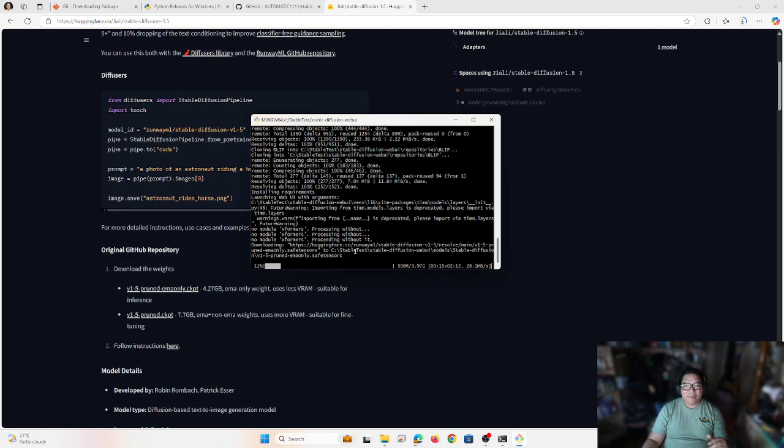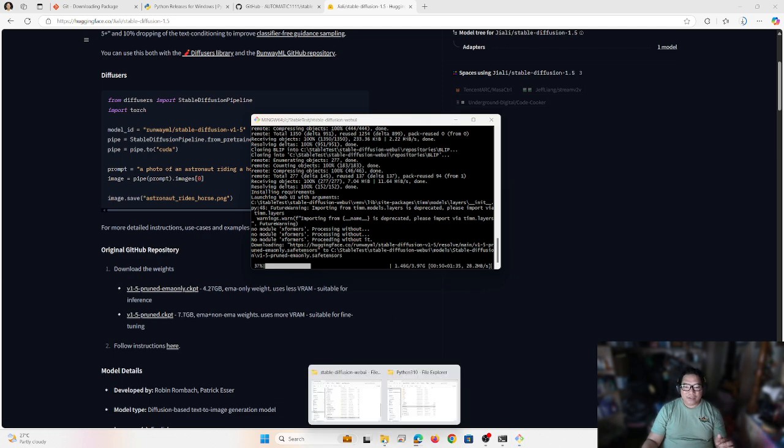Oh, it seems right now it's downloading a default model, similar to what we're downloading. But I'm using a checkpoint instead of the safetensors. Safetensors are much faster to run, but for this case I'm just going to use the checkpoint file that I downloaded from Stable Diffusion.